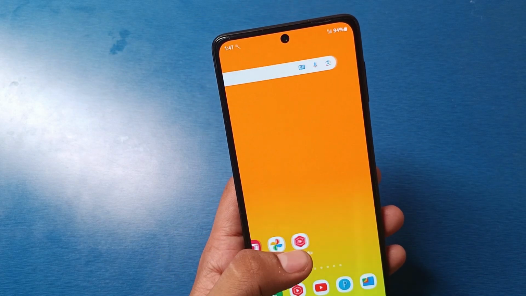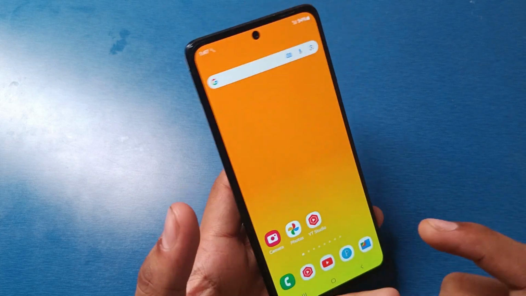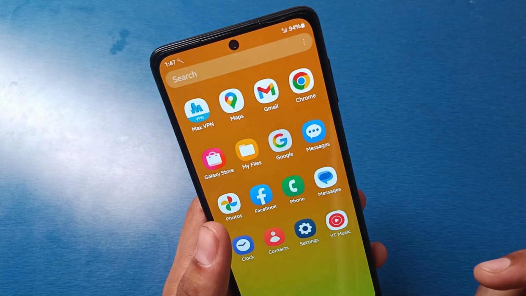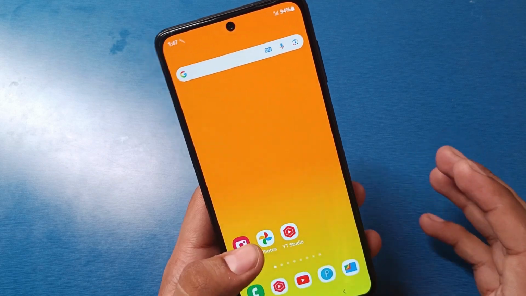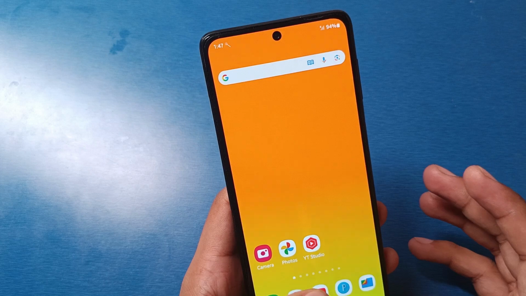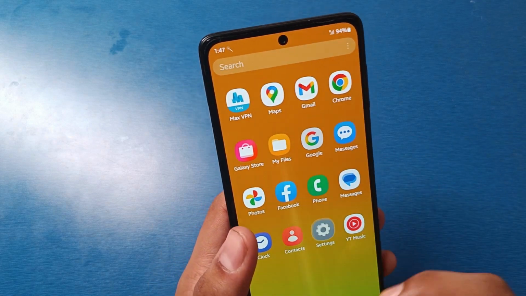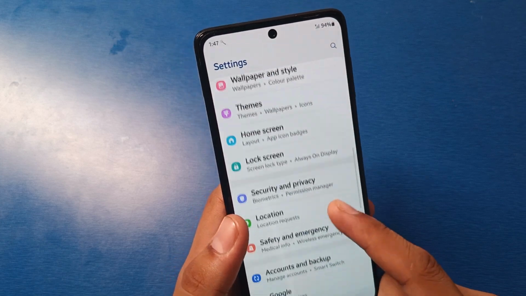In this video I am going to tell you how to fix the hanging or lagging problem in your Samsung smartphone. So let's start, friends. If you are facing difficulty opening apps, if sometimes the apps are not opening or they crash, how can you fix it? First, friends, you have to open your settings, click on applications,